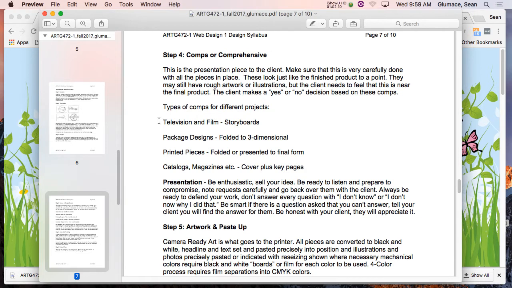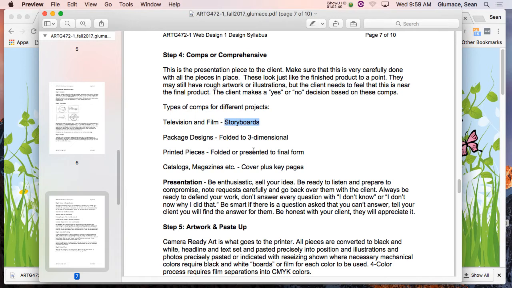Different other types of comps. If any of you work in film and television, that's a storyboard. So everything in film and television, no matter how mundane it is, if someone's walking in a room, someone storyboards it all out and everyone's marked across the board. If you ever look at any of the stuff from Pixar or Disney, the entire thing is sketched out. It is completely sketched out top to bottom. So you have people just do storyboards. Now that's digital too. You could do digital storyboards real quickly now.